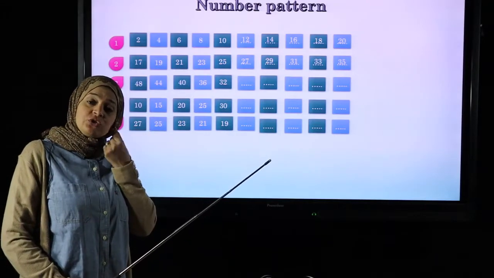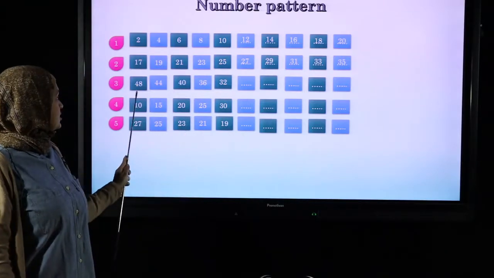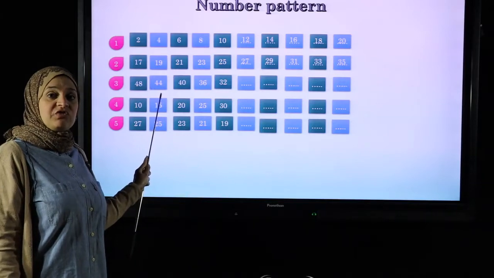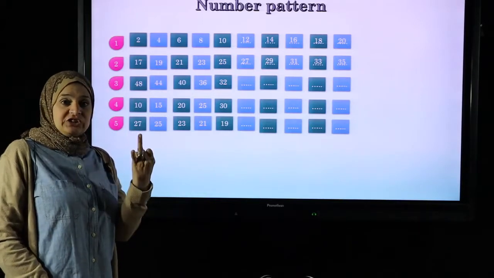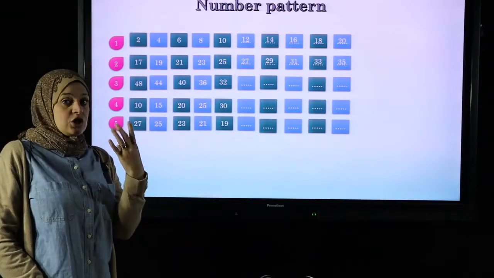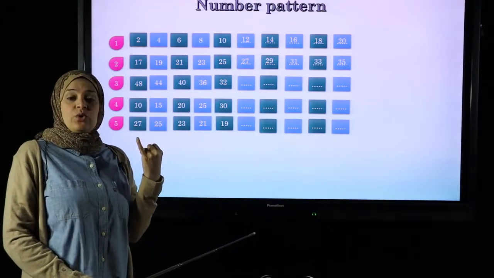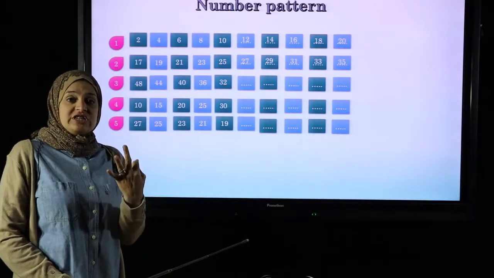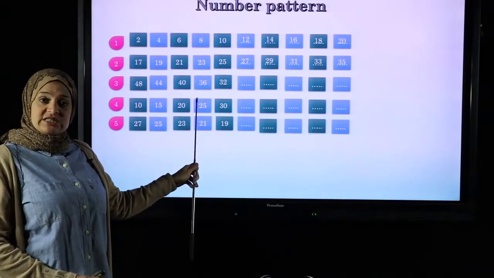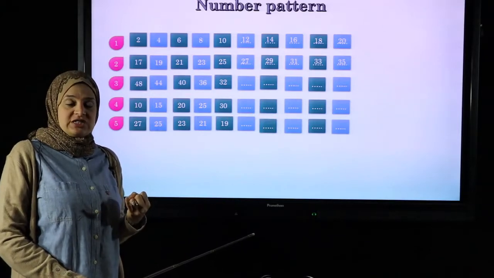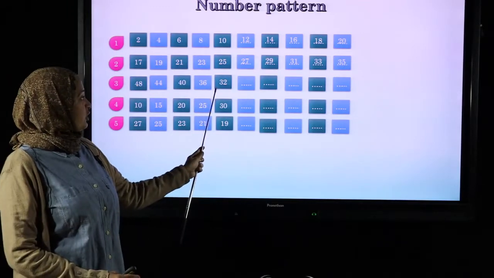Remember, when we were counting, we were counting backward. Don't forget this. So before 48 we count 4 numbers backward. Before 44 we have 43, 42, 41, and 40. So we jump by 4, and it's going to be 40. Let's jump another 4 backwards. Before 40 we have 39, 38, 37, and 36. Excellent. We are going well. Then from 36, we jump 4 backwards. Before 36, we have 35, 34, 33, and 32. So we finish at 32.